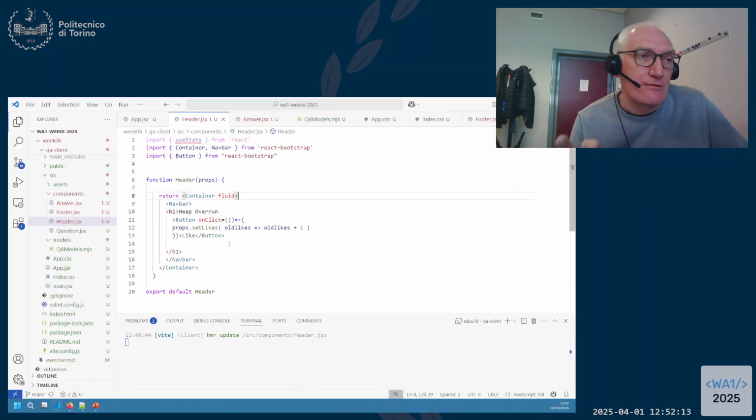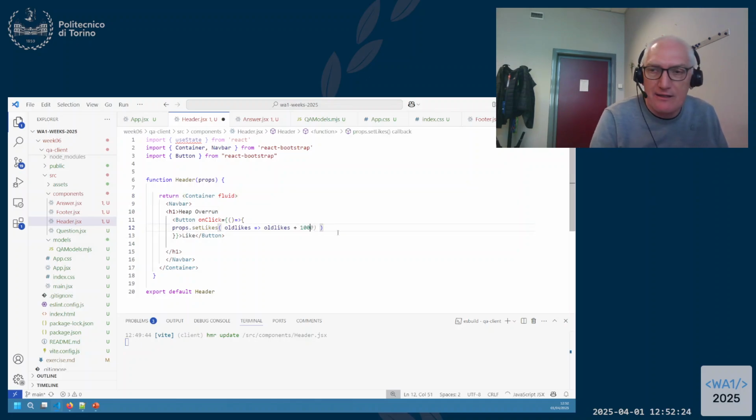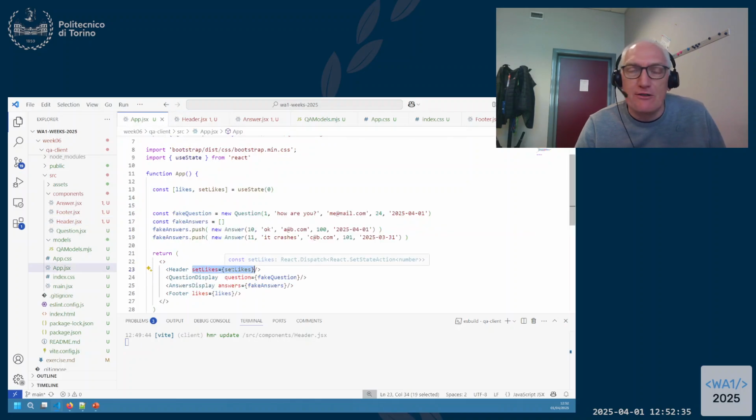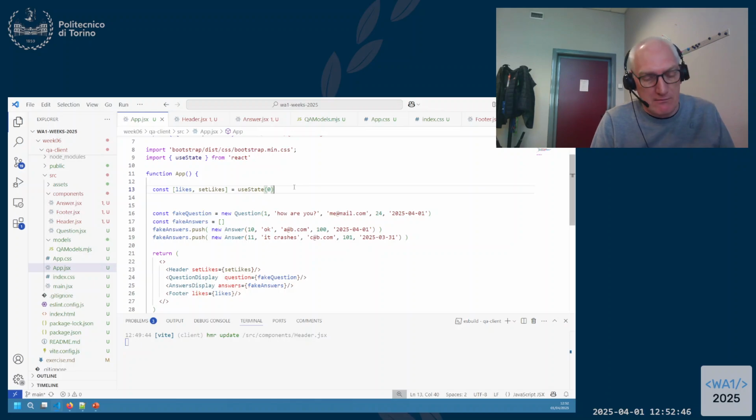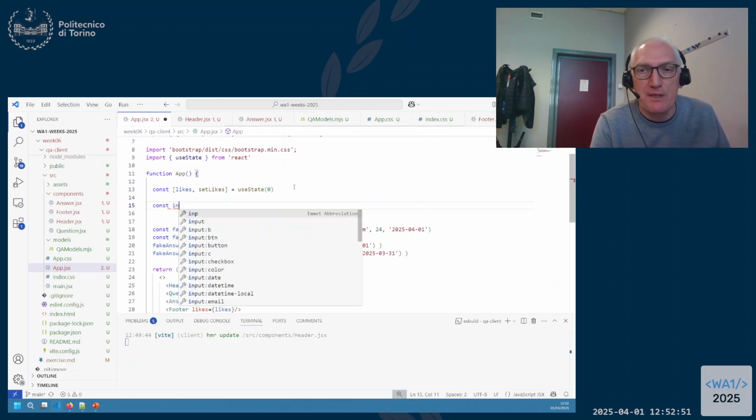I normally don't like to do it this way because I'm giving my children full control over my state. If a child says, okay, plus 100, there's nothing that prevents the children from doing that. So usually, instead of giving the keys to your car, I give you the function, do whatever you want, the top component defines some helper functions. So I can define increaseLikes